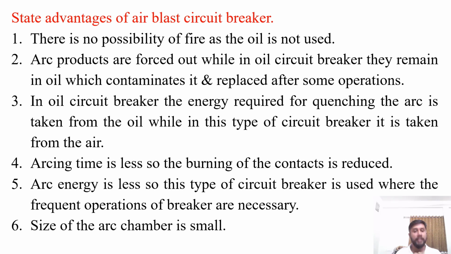which is not the case in air blast circuit breaker. In oil circuit breaker, the energy required for quenching the arc is taken from the oil itself, while in this type of circuit breaker, it is taken from the air. Arcing time is less, so the burning of the contact is reduced. Arc energy is less, so this type of circuit breaker is used where the frequent operations of breakers are necessary